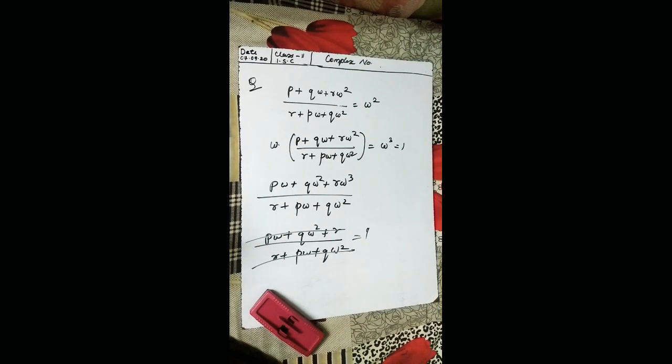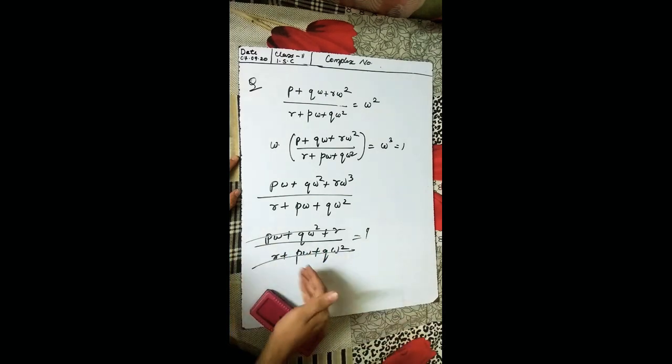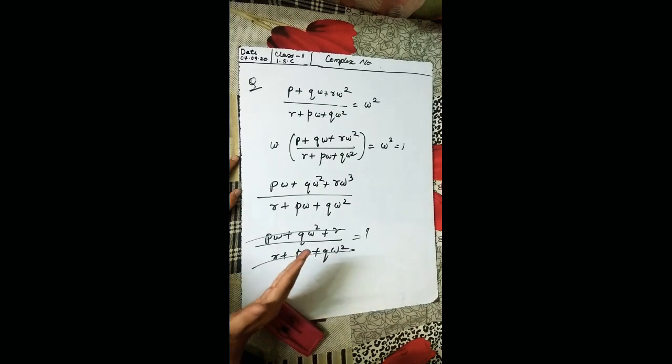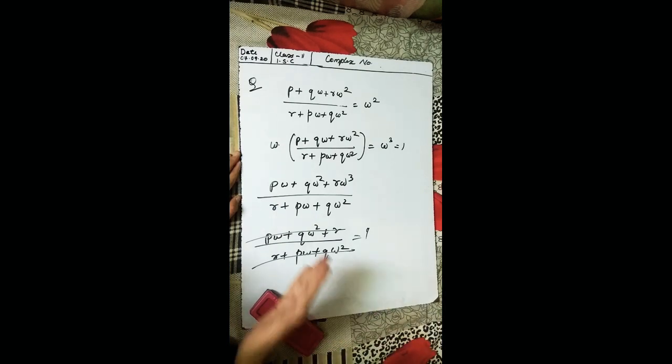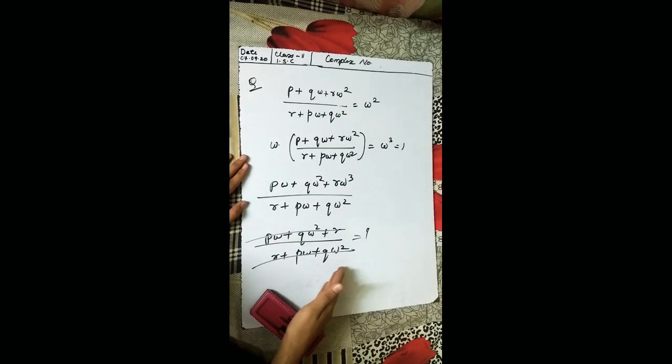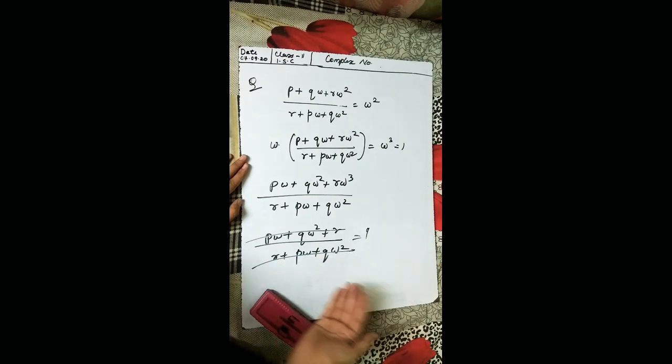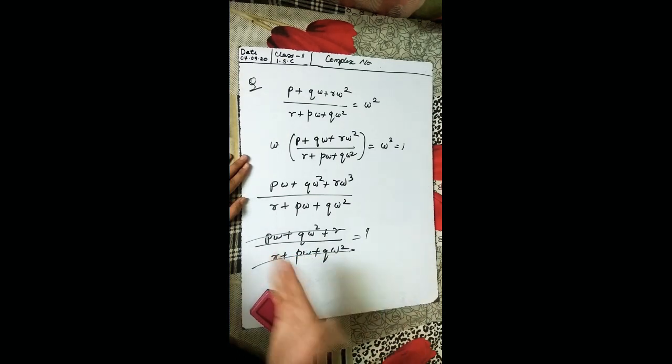Now I hope that you will do this exercise. Just please go through all the examples. As I always say, if possible, try to solve these examples in your fair copy. Understand 5.6 exercise. I guess I have done only 3 to 4 questions, and you know the reason why I have done only 3 to 4 questions, just to make sure that you should be very good in it. It is not that I'm trying to complete the syllabus, that is why I'm rushing it so fast. This is nothing like that.